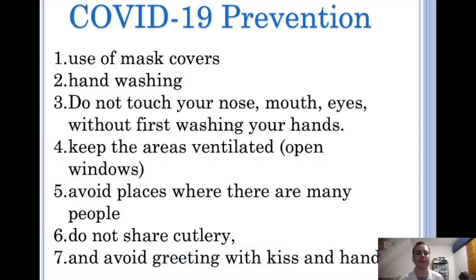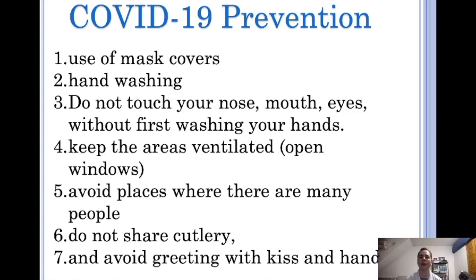Okay, right now we're going to talk about coronavirus prevention. That is really important. Right now, there is a lot of misconception about the coronavirus. A lot of people think it's just like a common cold. Actually, coronavirus produces pneumonia, so we have to be careful. It's not a really lethal virus, there are a lot of statistics and studies, but still, it can kill people. We have to prevent it, and the prevention is really important, okay?